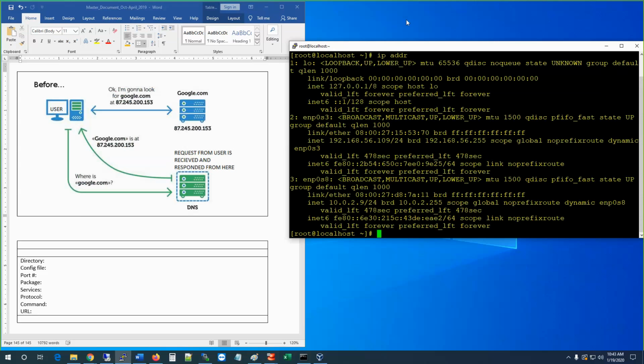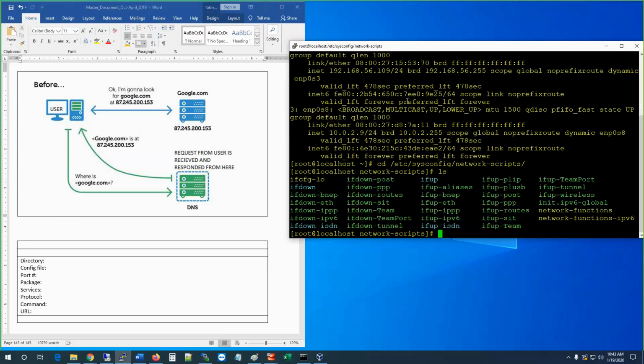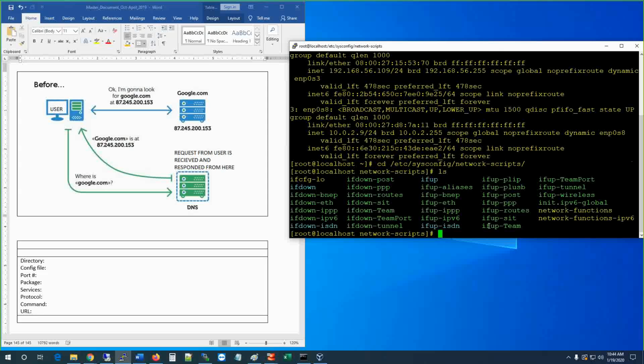Okay, now what I'm going to do is make sure this is enabled here. So for that I need to go to cd /etc/sysconfig/network-scripts, ls, and this is not there. It's not there, right? So I do vi ifcfg-